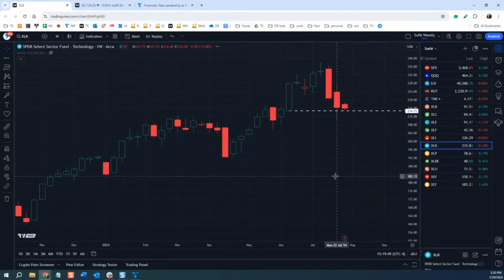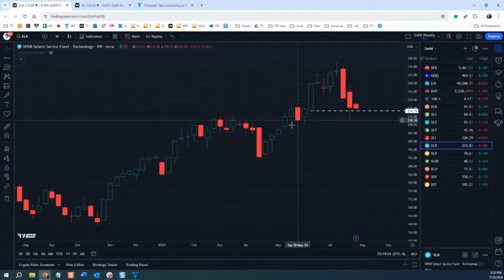Now I go to XLK, and if you look at XLK, it had a really sharp plunge. It's taken out some weekly levels. Again, it's trying to form an inside week here, and it's also trying to hold this level from early June around 214.75 ish. And I think it's interesting again to see, does it form an inside week here? That's the question. It's Monday, and that's something where people might watch, with no big rush, just to watch and wait and see what happens.